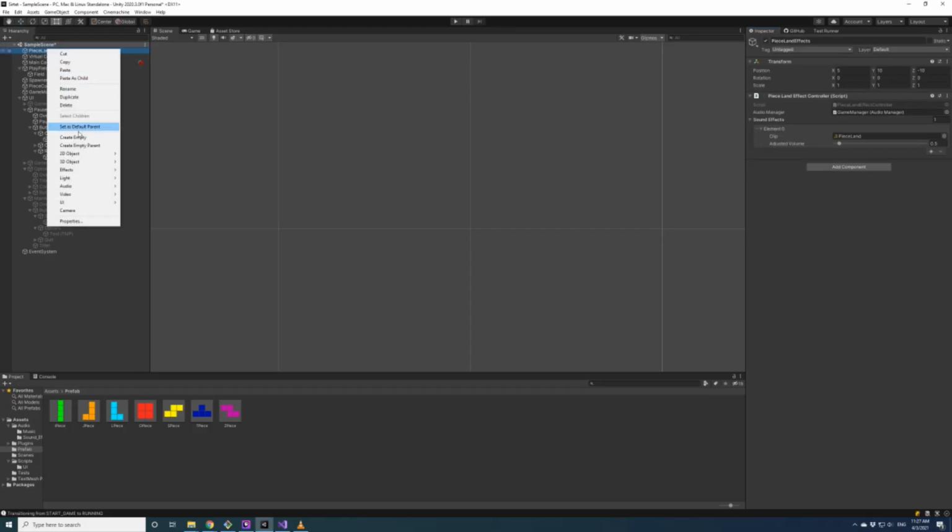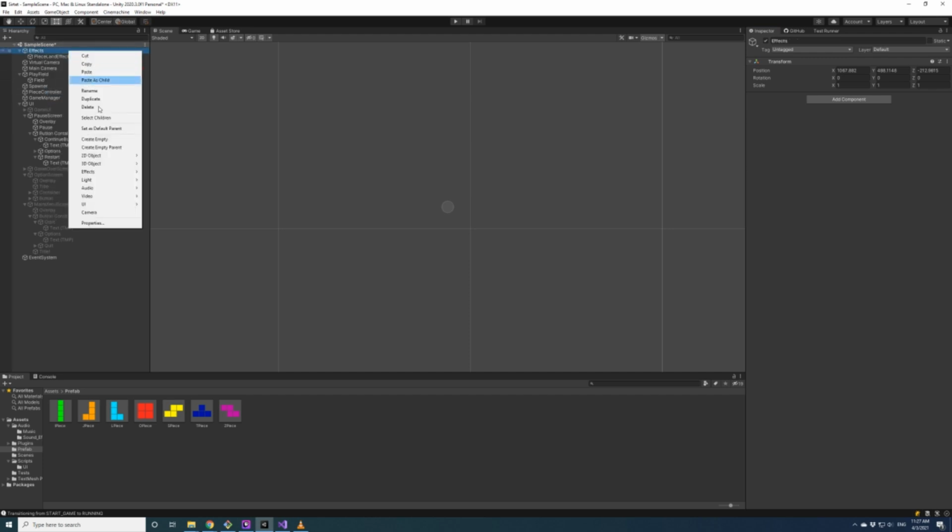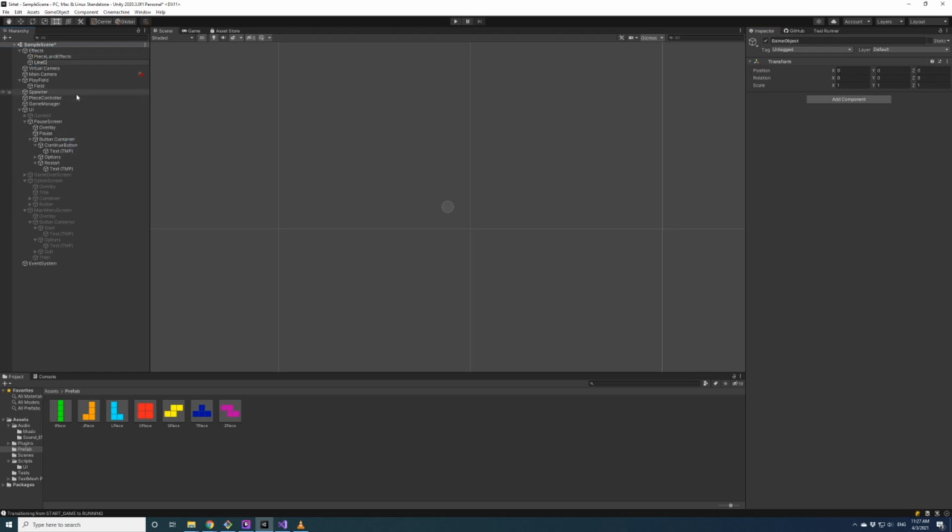Yeah, this should not have a create an empty line clear effects.